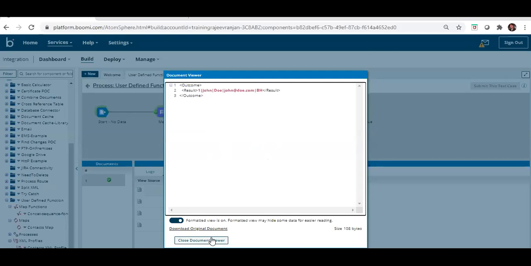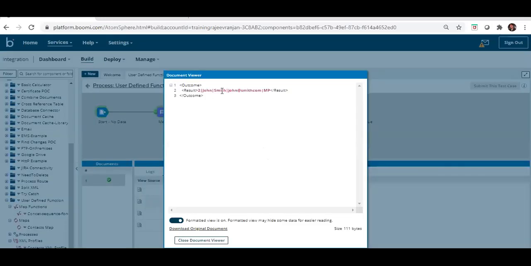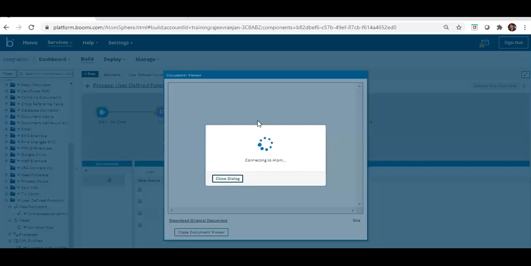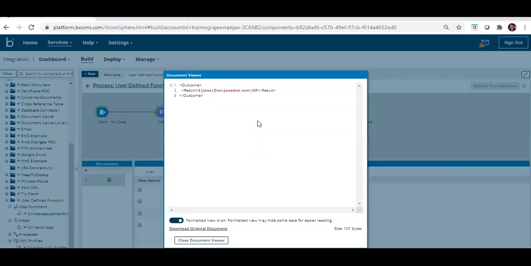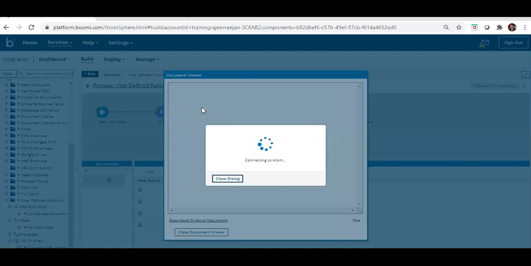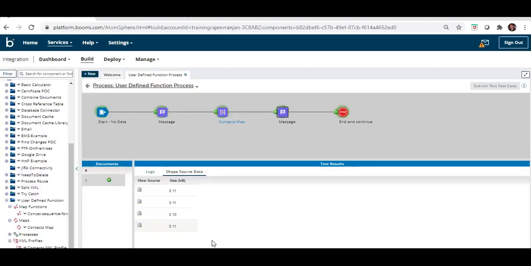Looking at the next, it is showing John Smith. Then you can see the third, where the ID is 3, and this is the fourth, where the ID is 4. So all 4 contacts are contained in the hard coded message I put into the message step.